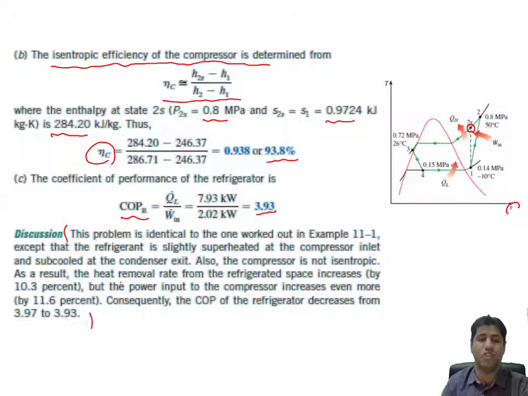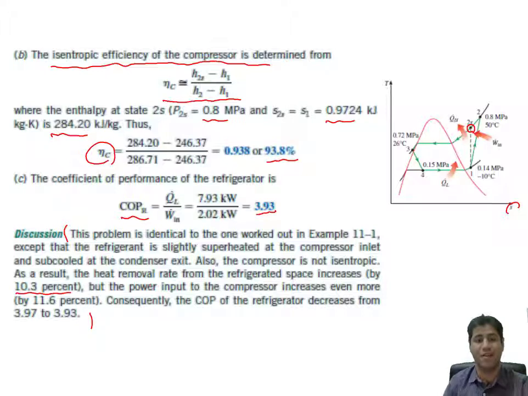This is due to the change in Q dot L and Q dot H. If you compare Q dot L and Q dot H for the actual cycle with the ideal cycle in the previous example, you will find that the heat removal rate from the refrigerated space, or Q dot L, is increased about